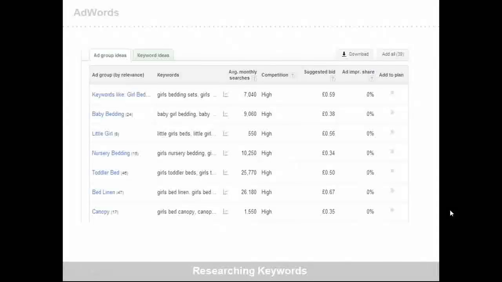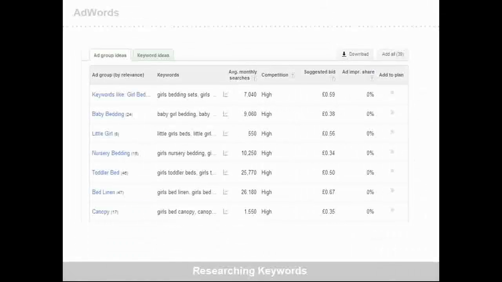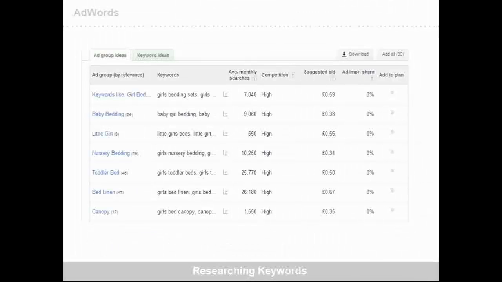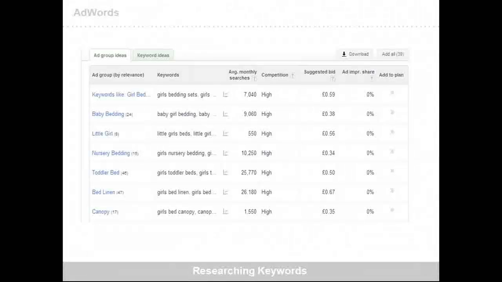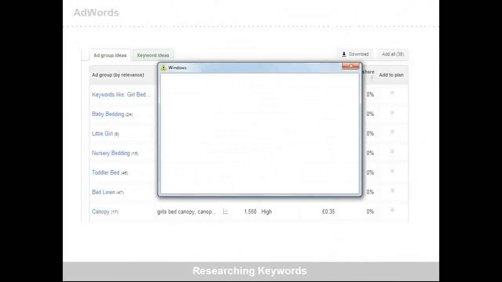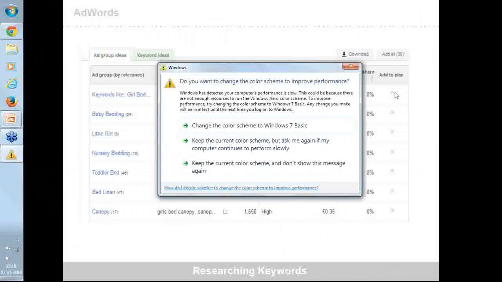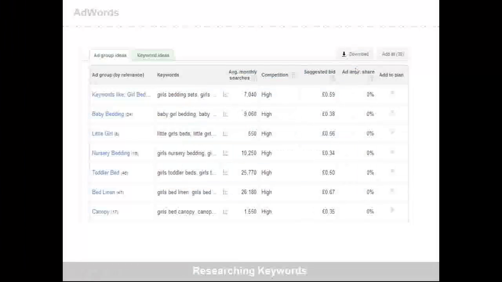If you're able to hover over all of the keywords that you're looking at, exactly where the cursor is right now, you will see whatever keywords are added within that particular ad group. From there, you can directly go to this section and add this particular ad group idea to your plan. It all shows up on the right-hand side, and from there, you can directly import it either within your account, or you can also pull that data into a CSV, and you can then export it within AdWords and start working with it.